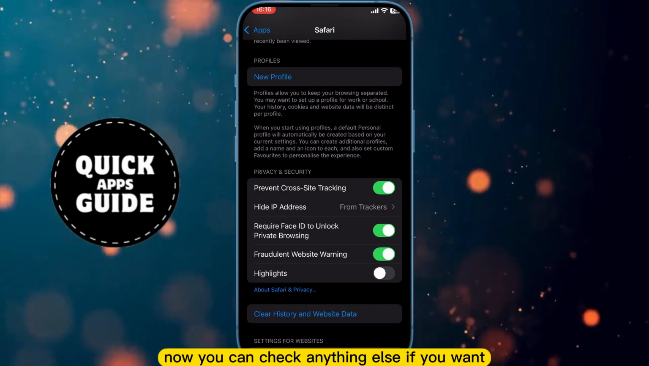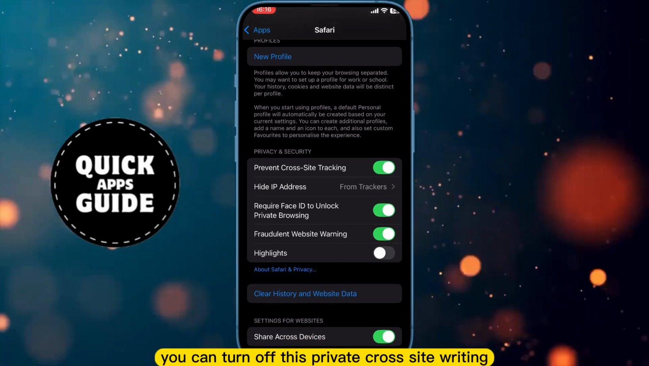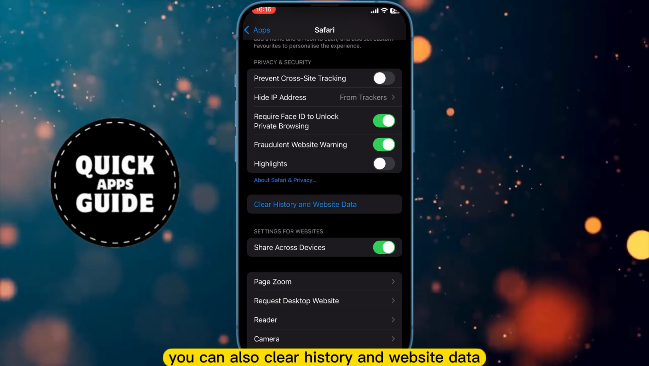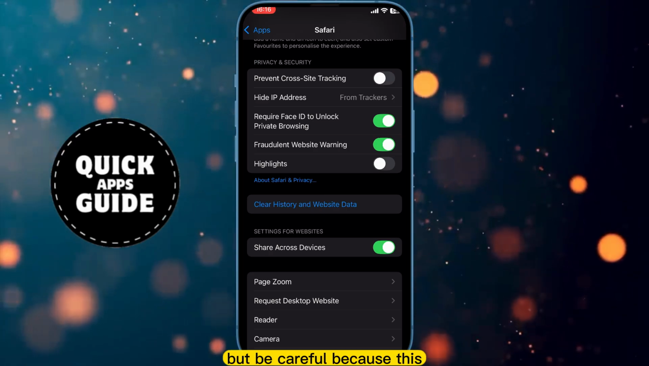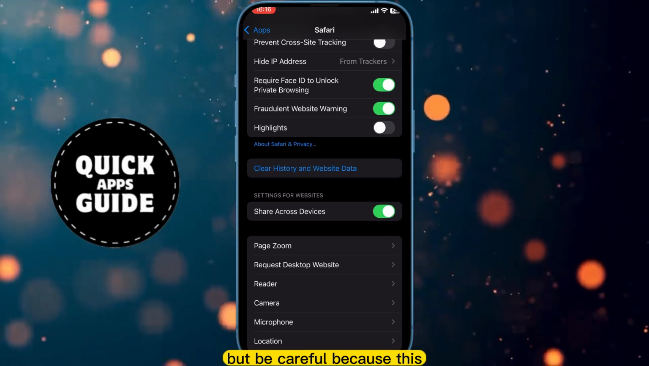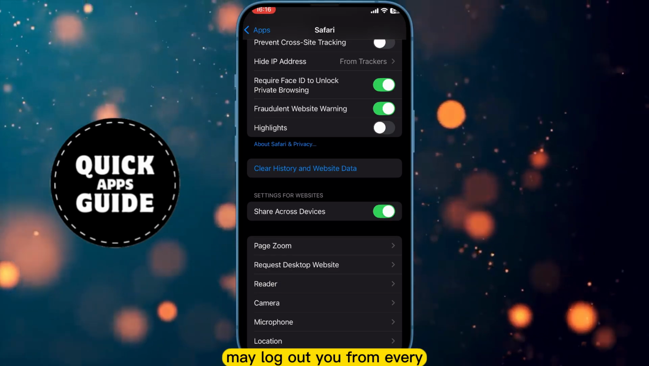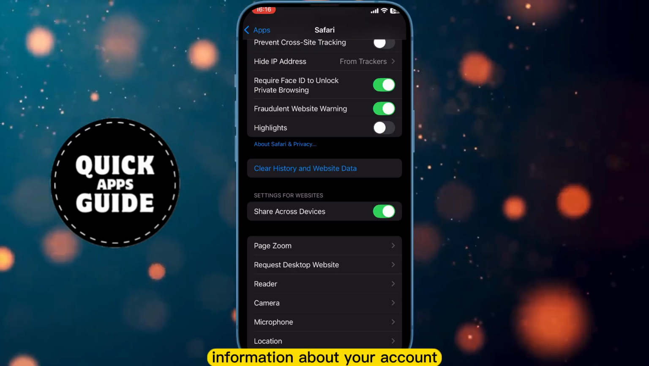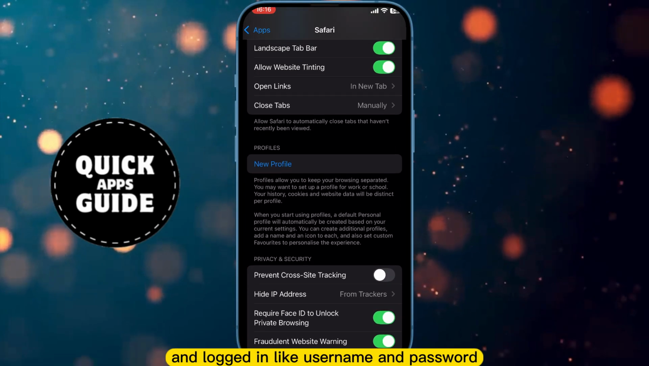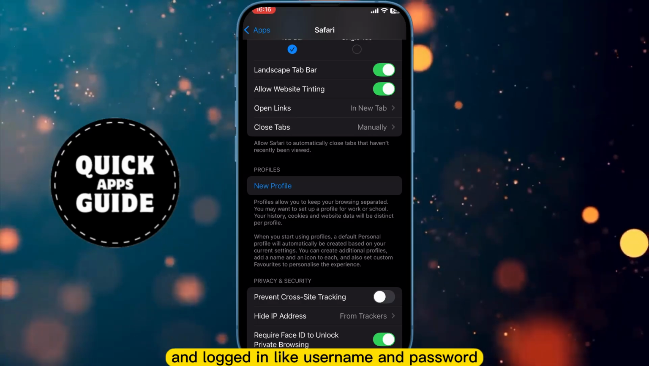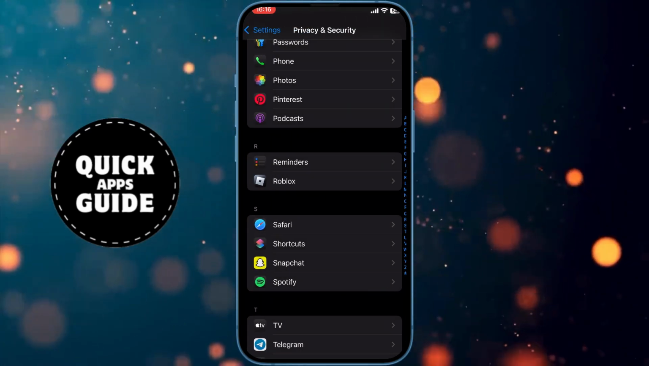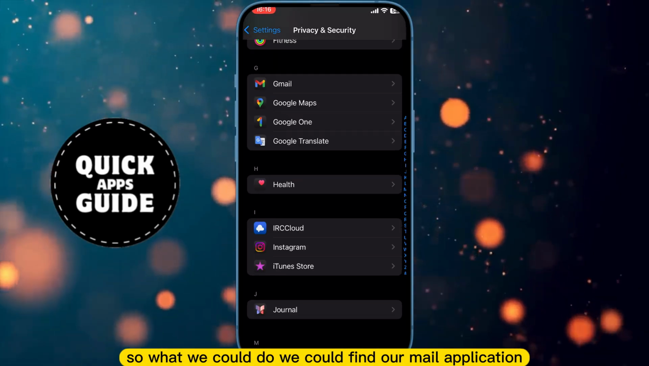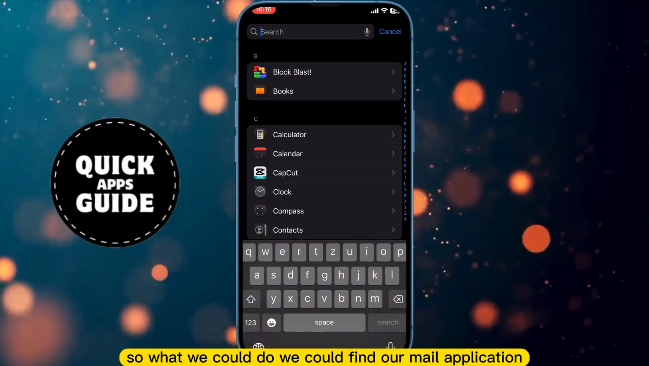Now you can check anything else if you want. You can turn off this Private Cross-Site Tracking. You can also clear history and website data, but be careful because this may log you out from every site and website that has your account information and where you are logged in, like username and password. So what we could do, we could find our Mail application,